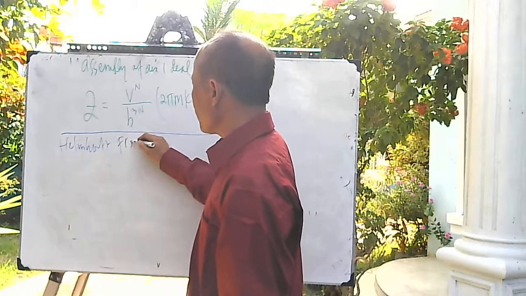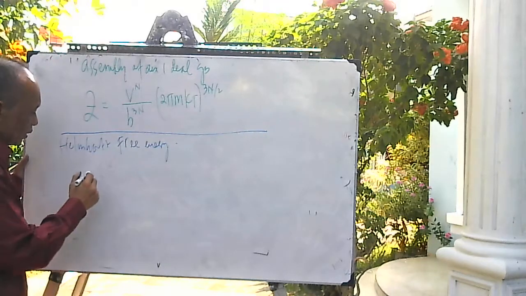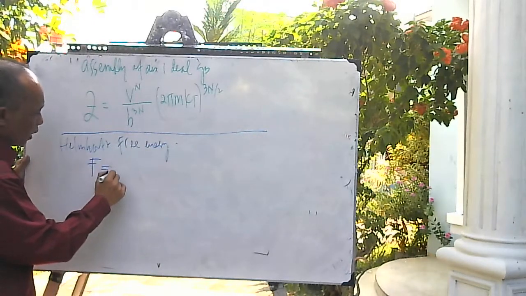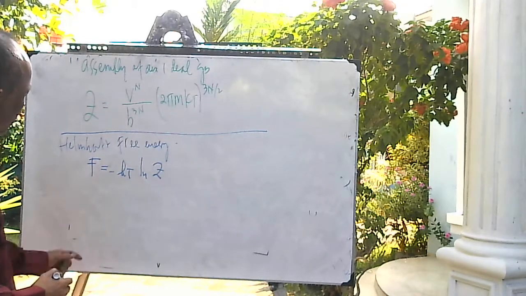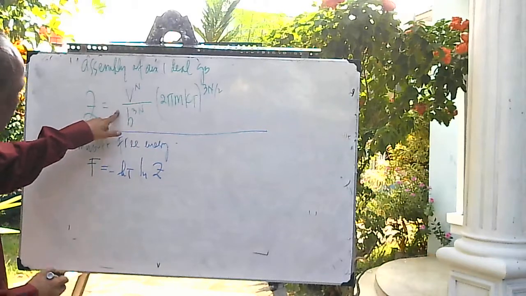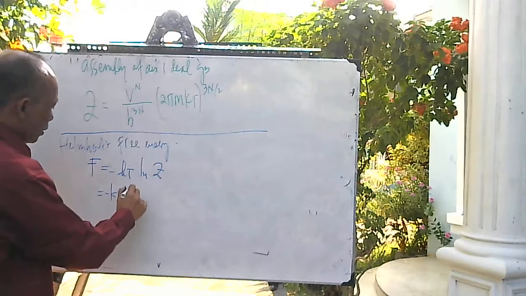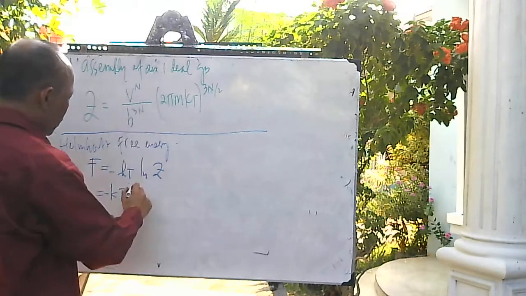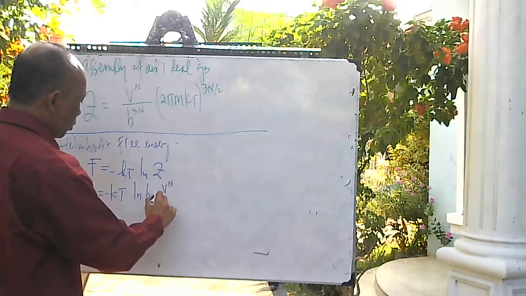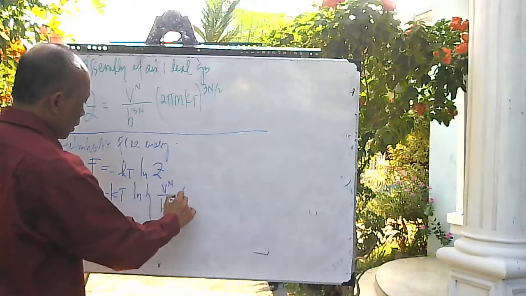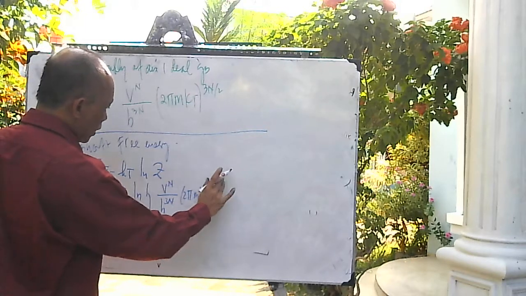Helmholtz free energy. We have learned that the Helmholtz free energy is given by minus kT ln Z, and Z is this one. So the Helmholtz free energy becomes minus kT, and we take the natural logarithm of V^N over h^(3N) times (2 pi m kT)^(3N/2),